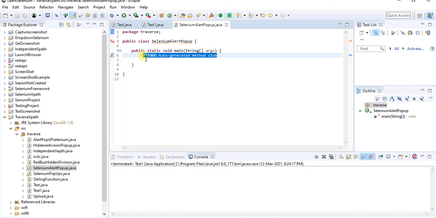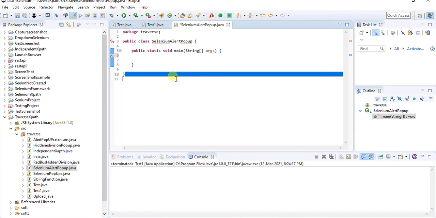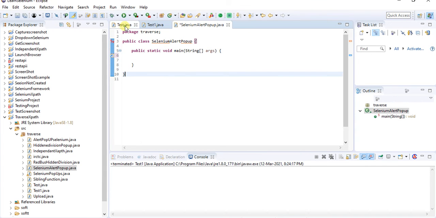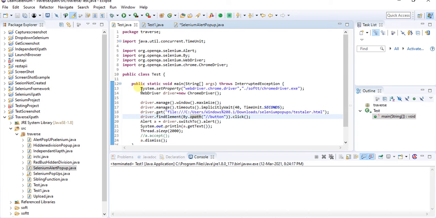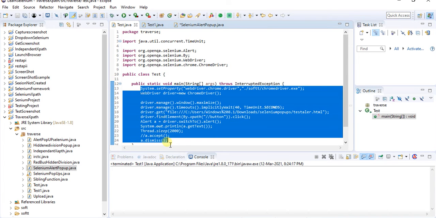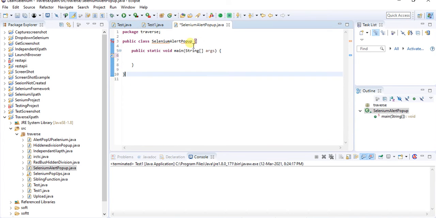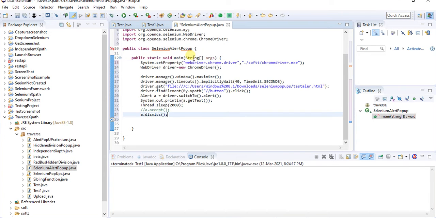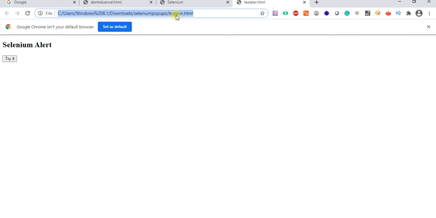Here I am removing the unwanted comments, which are not required. This script I had already written, so I am copying it and adding it over here. I am taking InterruptedException, and I am giving the URL of that page.